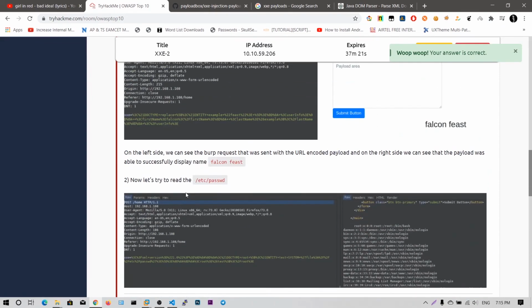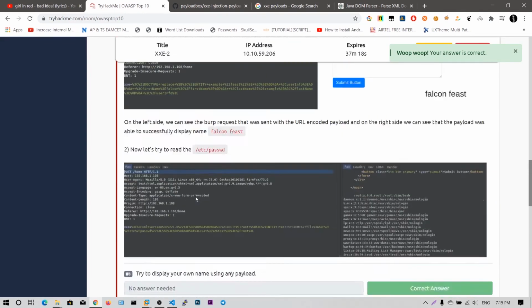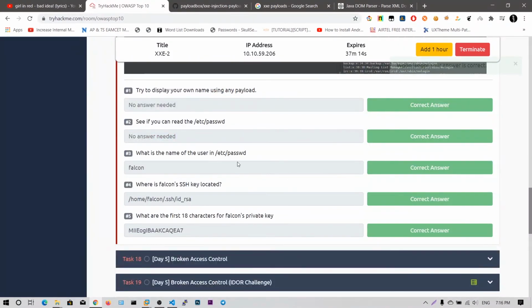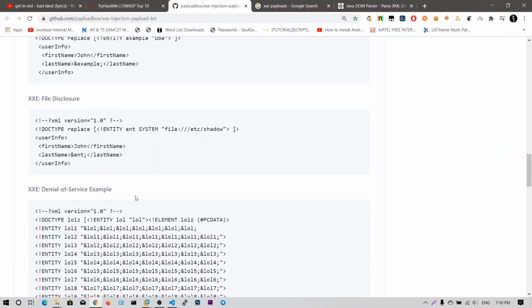So we have successfully completed this part. What we have learned is, when there is an XML parser and it is going to parse these contents, you can define an external entity, put the file name you want to read, and then set the ampersand variable.